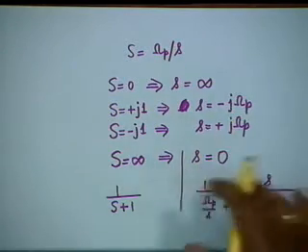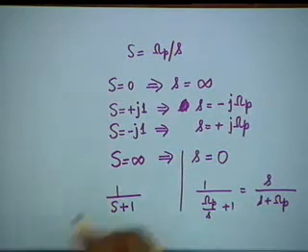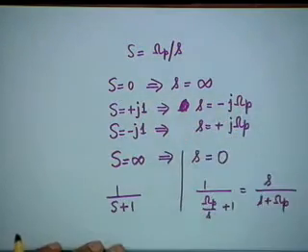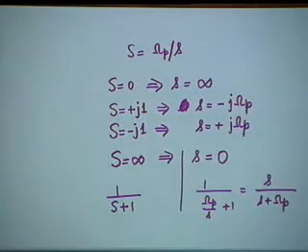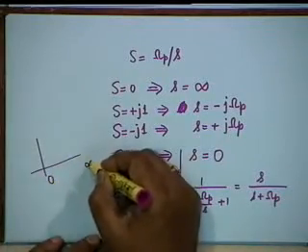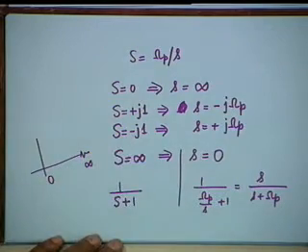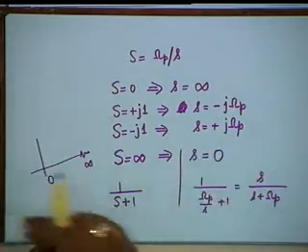Okay. I am doing it from various angles, so that you are convinced that this transformation is indeed correct. The positive frequencies here go to negative frequencies, it is not a matter of concern, because if S equal to plus j gives small s equal to minus j omega p, S equal to minus j1 gives you the positive frequency. All we are interested in is the magnitude characteristic, frequencies between 0 and infinity. Okay. So, if I can find out the corresponding frequency positive or negative, I know the other one must also be there.